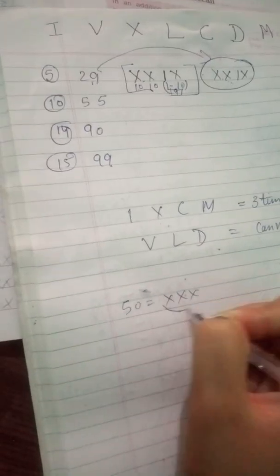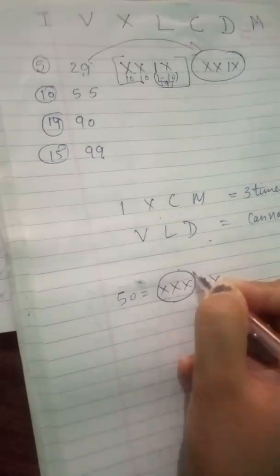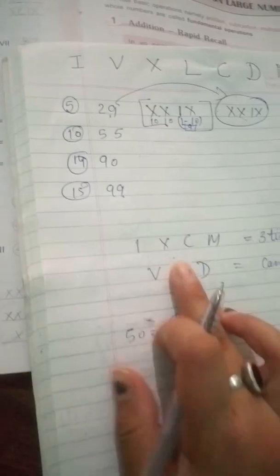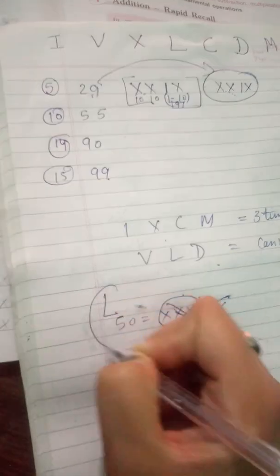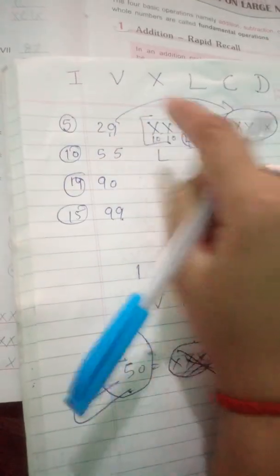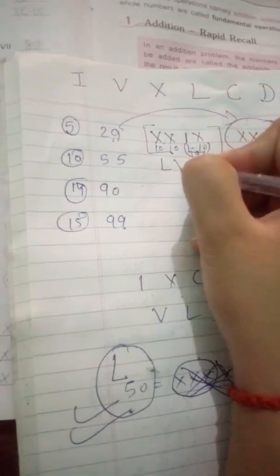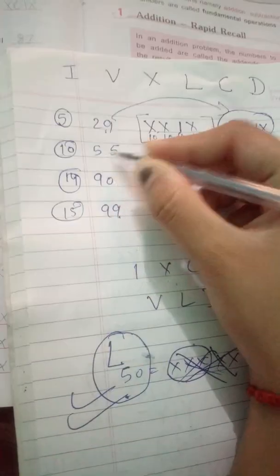Okay. Now let's move to 55. We cannot write 50 as 1, 2, 3. We can repeat it up to 3, but if I do 2 more times, it will be totally wrong. It is given in our Roman numbers that we can directly write L is equal to 50. So I will write it here. This means 50. Now I want 5 more. 50 plus 5 is equal to 55. So LV is equal to 55. Okay. This will be my answer.